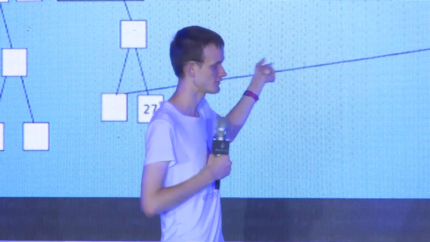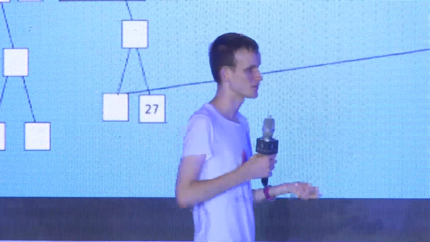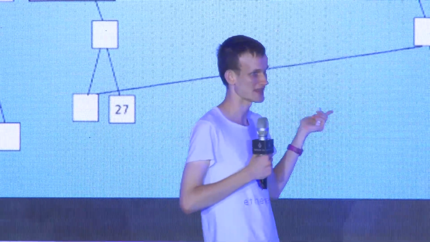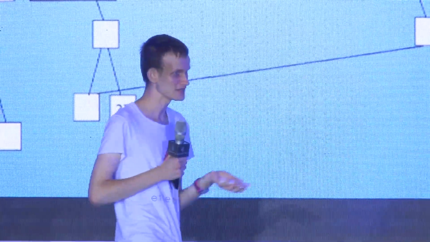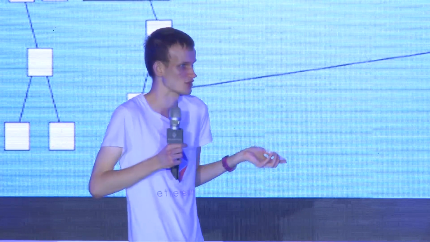So if a node gives you this Merkle proof that says this particular key in this particular account is 45, if you can verify the proof of work and you can verify the hashes, then you can verify that, unless all the miners at that particular time are conspiring to screw you over, this actually is the state of the blockchain in this particular place at that time. So the light client, an alpha version was released a couple of weeks ago as a test. I've tried it, it works great.